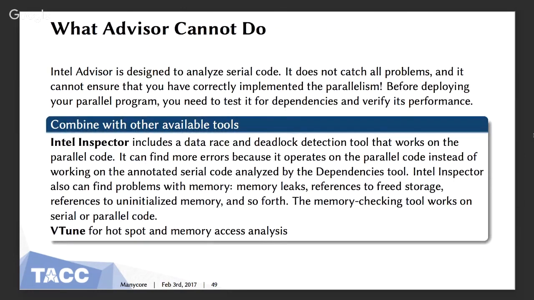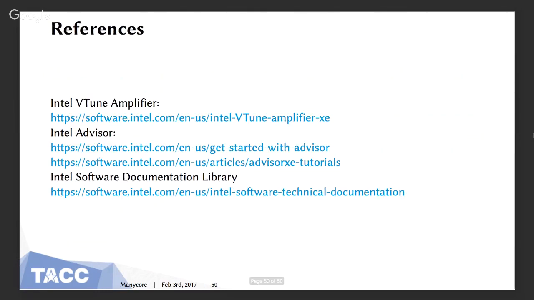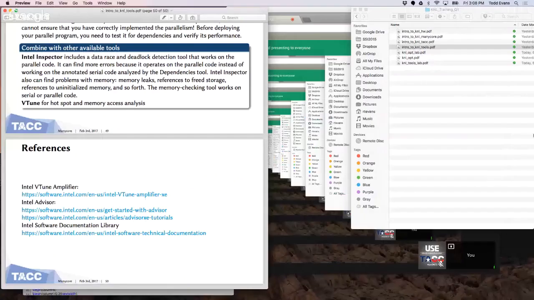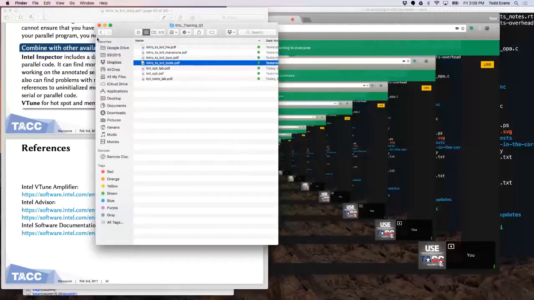Yeah, what it can't do, it's really designed to analyze serial code. It doesn't catch every single problem. It's still a relatively new tool, actually, and they're still working some of the kinks out of it, I believe. These are just some references, and the tutorials here might actually be quite useful for getting a feel for how these tools work. But with that, we're going to wrap up the tools section, and you'll get a lab where you get to work on these. But we're going to start off with a lab where we look at